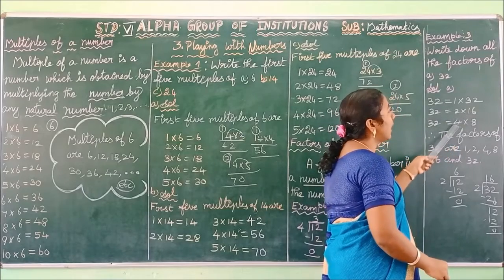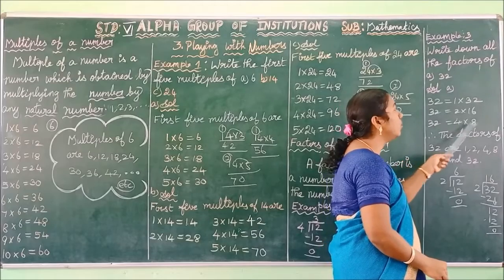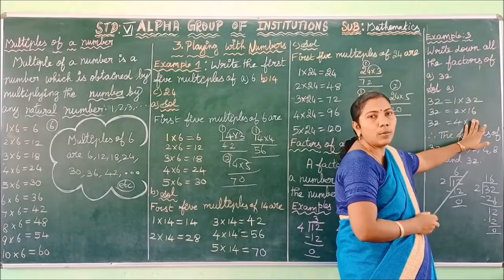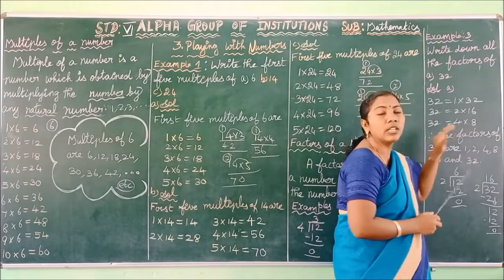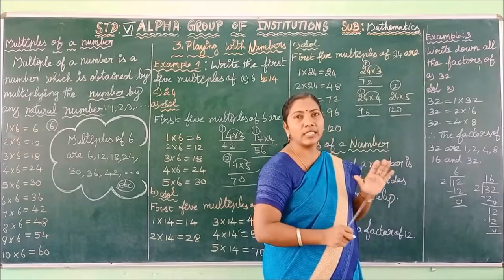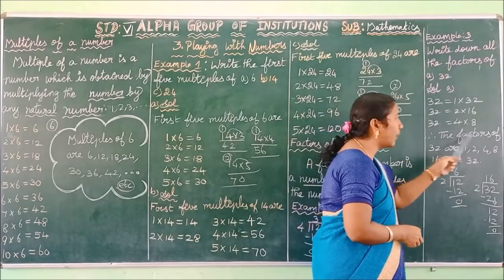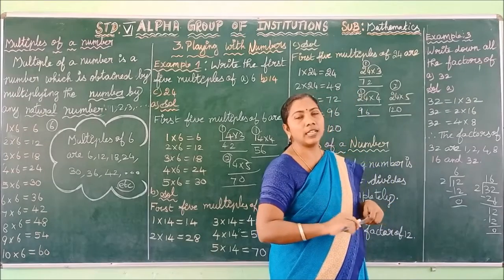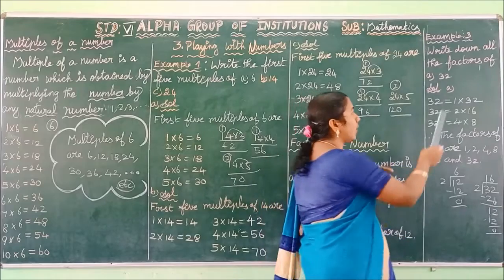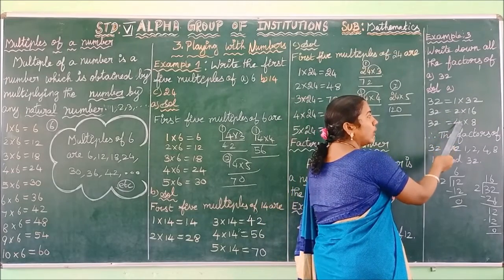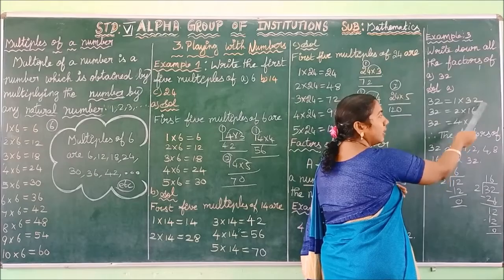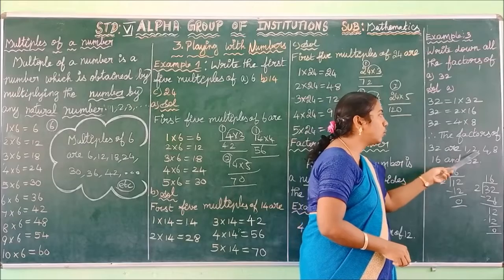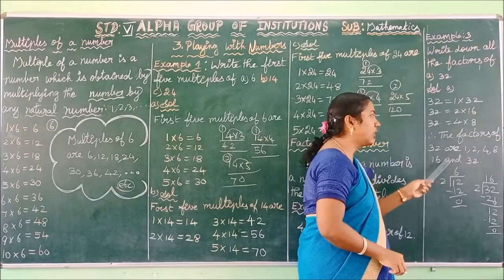Similarly, we are finding other way of writing 32, that is 4 into 8. These are the possible ways of writing the 32 as a product of some other numbers. Okay, so you have to stop up to this. Now we are going to write all the factors of 32. So therefore, the factors of 32 are, while you are writing the answer, you have to follow the ascending order. Ascending order means small to big. First you have to write 1 and then 2 and then 4, 8 and then 16 and then 32. Thus we can say the factors of 32 are 1, 2, 4, 8, 16 and 32.